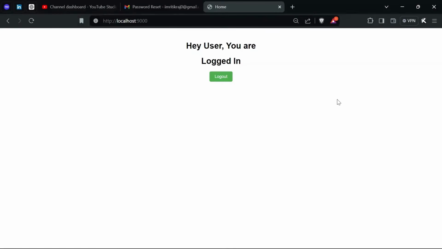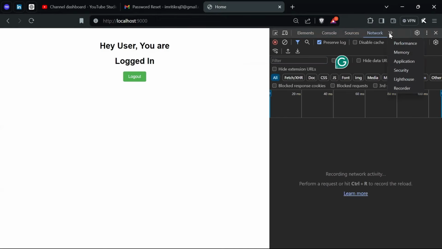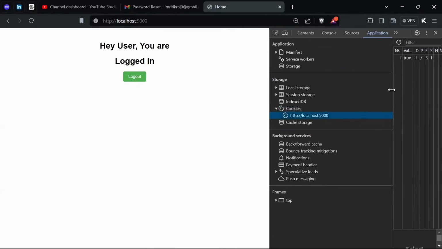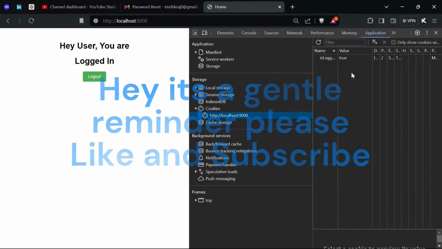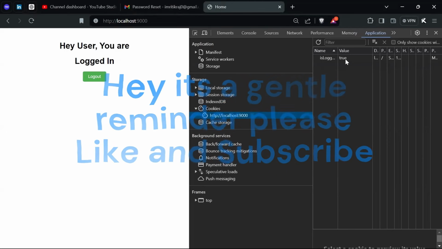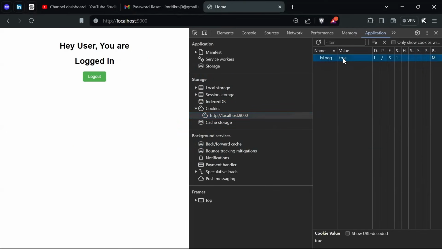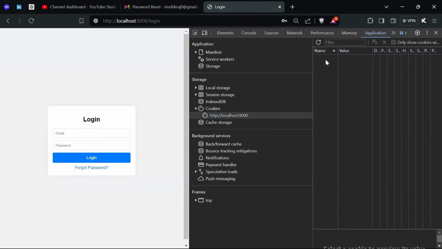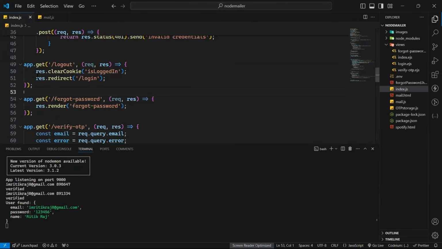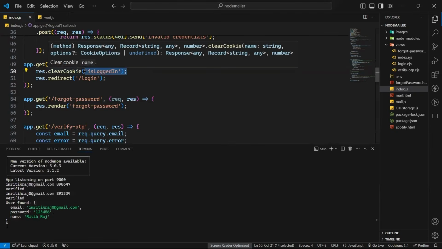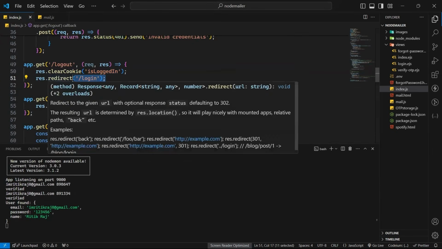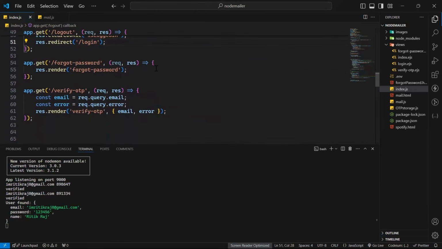अब चलते हैं लॉगआउट पे। अगर मैं कुकीज़ दिखाऊँ तुम लोगों को, देखो, अच्छा यहाँ से नहीं, इधर से देखो। तो सबसे पहले आपको एप्लीकेशन पे जाना होगा, ठीक है। तो यहाँ पे देखो कुकीज़ आपको दिखेंगी। मैंने जो कुकीज़ सेट की है उसका नेम है इज लॉगिन, और वैल्यू ट्रू है, ठीक है। ऐसे ही रहता है। अभी जैसे मैंने लॉगआउट किया, अब देखो कुकीज़ क्लियर हो चुकी है, जो कि मैंने यहाँ पे लिख रखा है, आर एस डॉट क्लियर कुकीज़। तो इज लॉगिन वाली कुकीज़ क्लियर हो गई, और हमें वापस इज लॉगिन पे रीडायरेक्ट कर दिया, ठीक है। चलो इतना क्लियर हो गया होगा, आई थिंक।